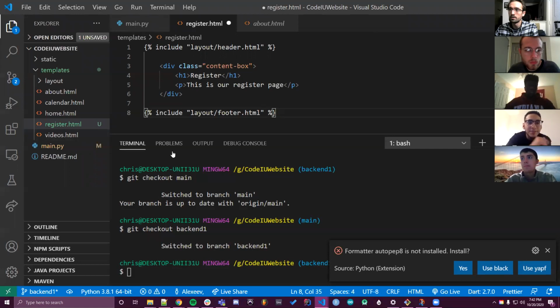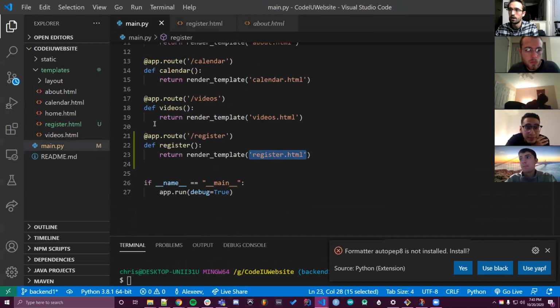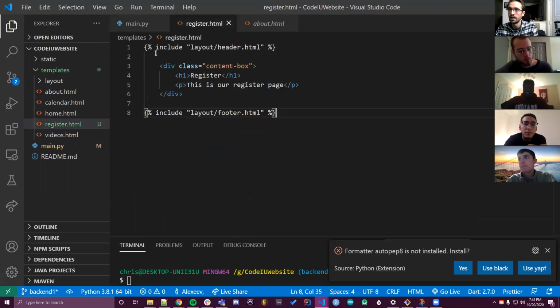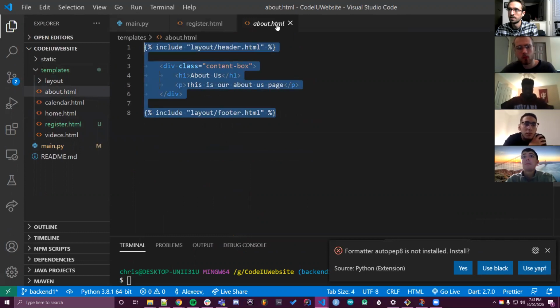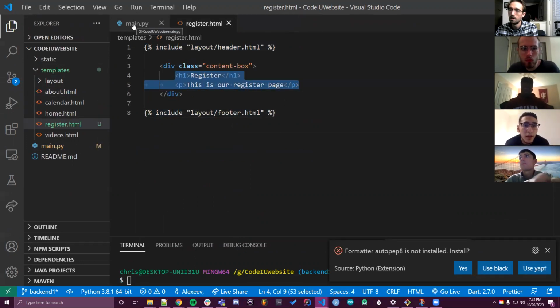So yeah, with the bigger screen, to recap what I just did, I copied one of the other pages and pasted it here, changed all the names to register. Then I made a register.html file under templates, copied the contents of one of the other ones and put it in register.html, changing some minor stuff. Okay, so now if we run